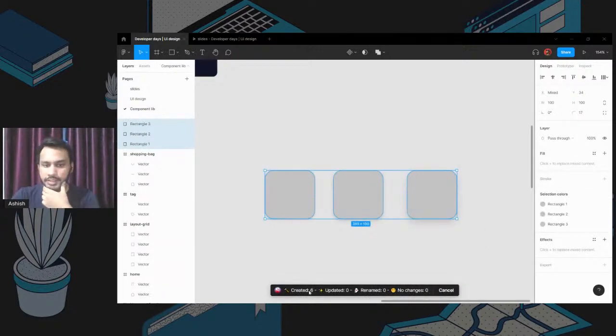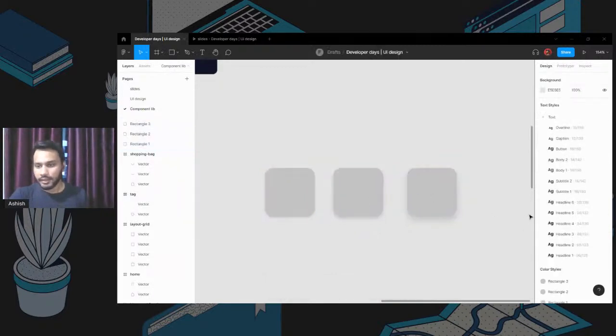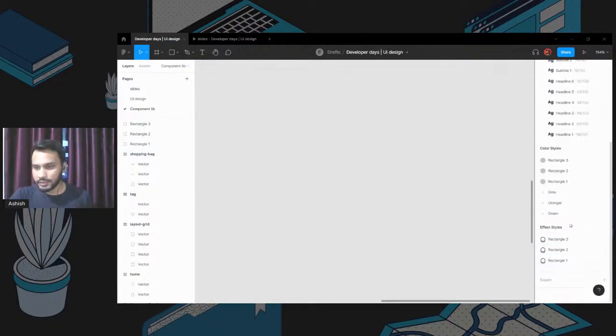Style generated. So it says 6 styles generated, but we have created 3 styles. The problem with the styler plugin is it's also going to generate styles of these colors as well. So we have this rectangle 1, rectangle 2, rectangle 3. So just select them all, delete all. We have our